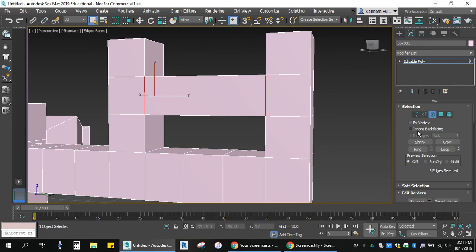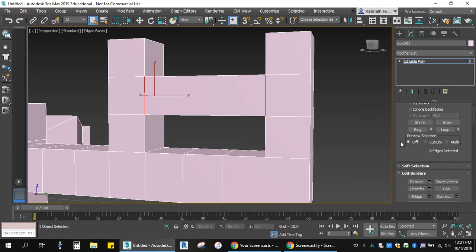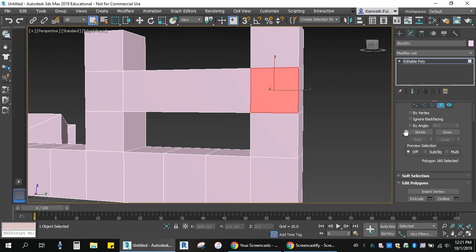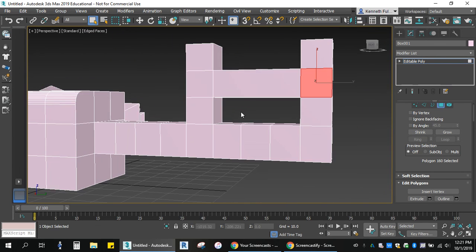Let's take a look at what else we can do here with poly. So I'm going to go back into my poly mode here. And let's take a look at